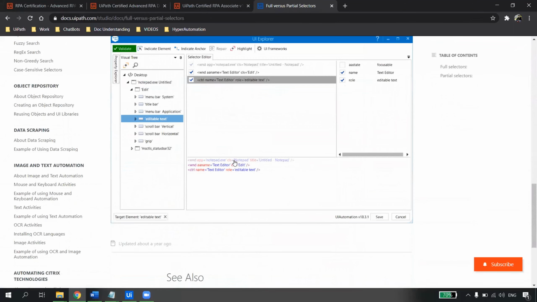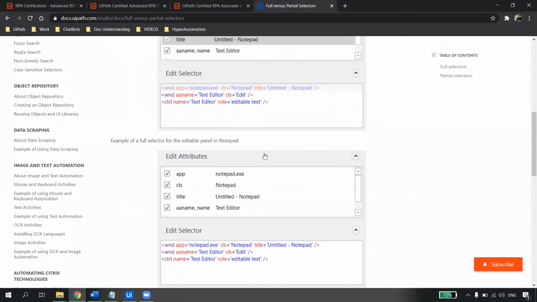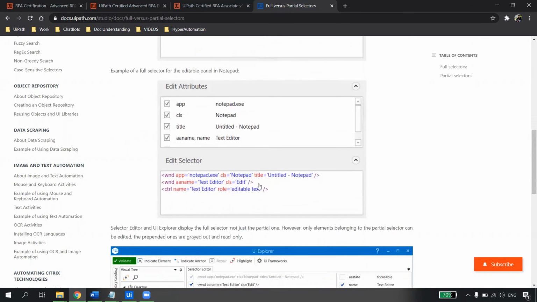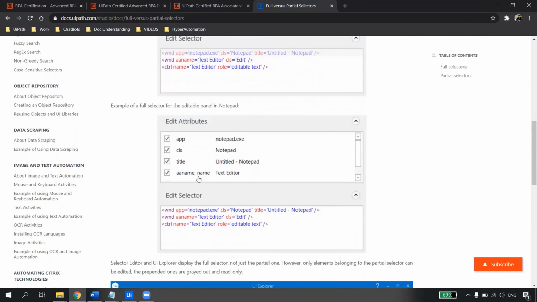I am not going to show you the documentation; I will directly ask you. What do you see? Both of these are Notepad, right? What is this selector for? This selector is for Notepad, and this selector is also for Notepad. Here the first line is missing. Can you see? The first line is kind of dull here.